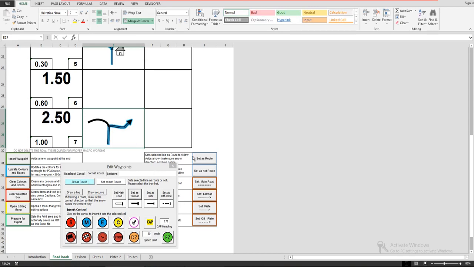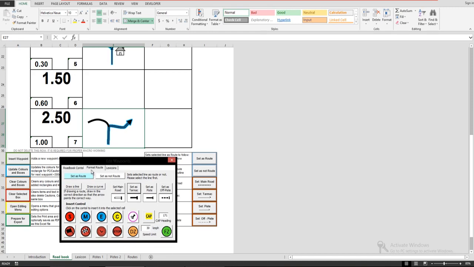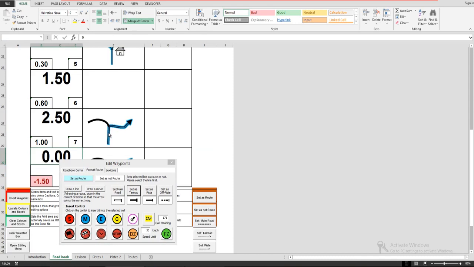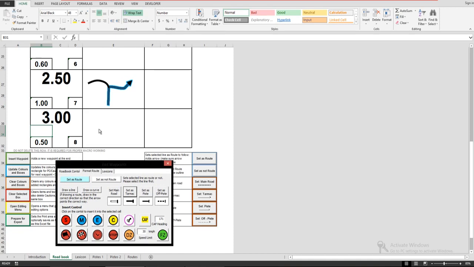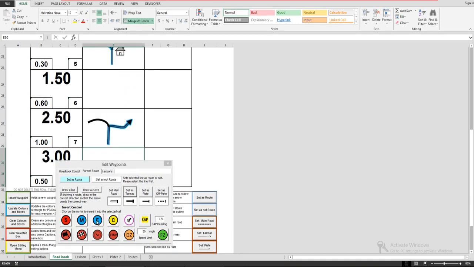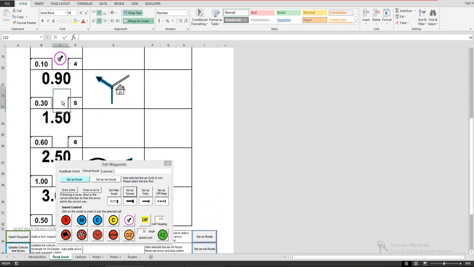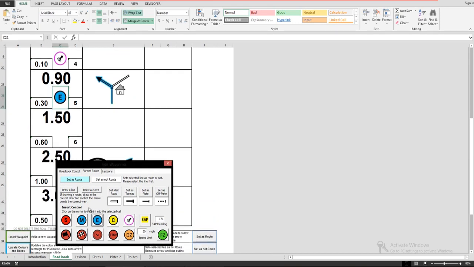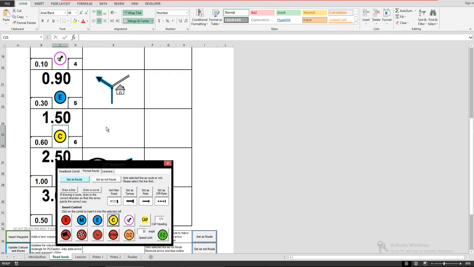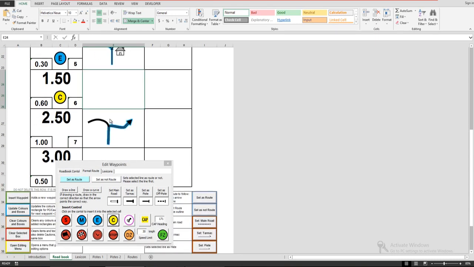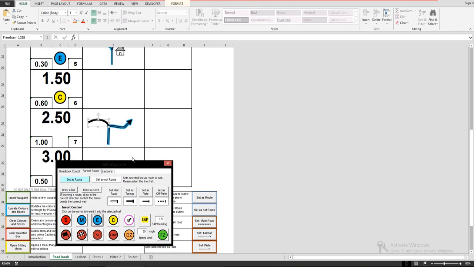These buttons always work in parallel. So for example, instead of going back to roadbook control to insert the next waypoint, you can always just click insert waypoint here and it adds a new waypoint for you. From this format route tab, you can also insert some of these controls and waypoints. For example, you can select the box and click on the button and it inserts that for you. Just ensure that you have a box selected. If you have a shape selected and you try to insert, it does not do anything.